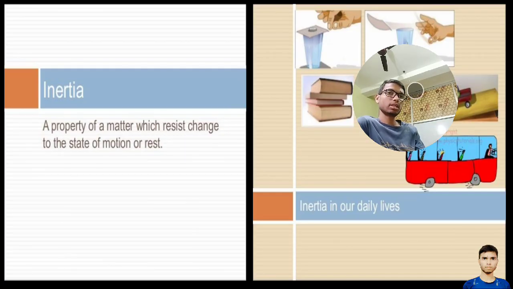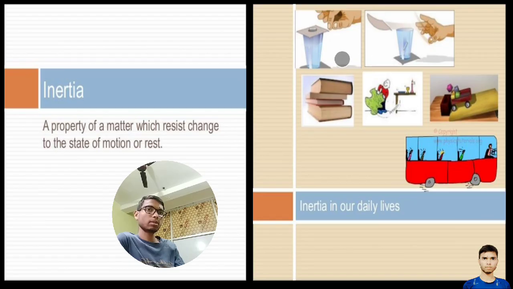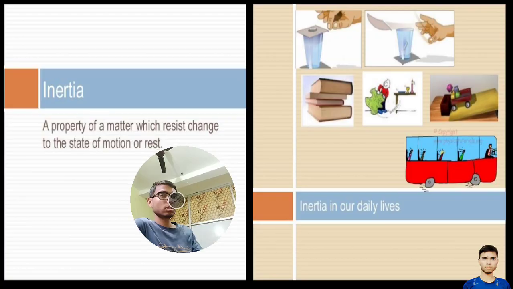Here, let's visualize this. What is happening? It is already in a rest. Here you came and you did like this. So this was in a rest. It came into motion when you applied force. When you applied force, these books are in a rest. Here this is in motion. Here this is also in motion. This will be in motion, but when external force is applied, then this will come into rest.